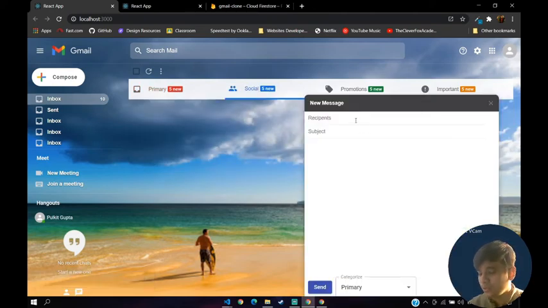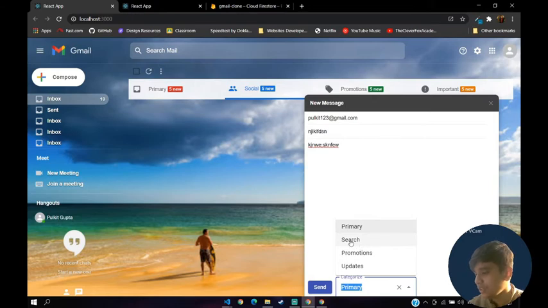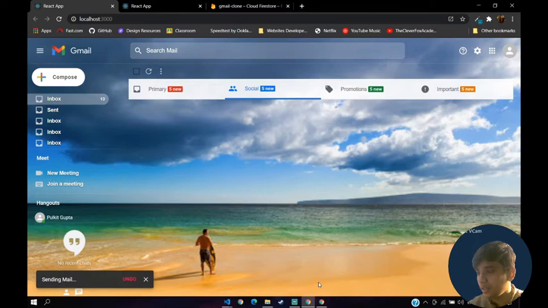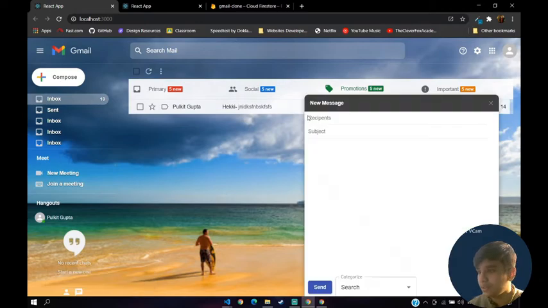So let's now do the same thing with our social. Let's send some mail to social. Okay, it has not to be search here. I mistakenly wrote search, it should be social there. And yes, I'll send a mail there. Okay, so we don't get any mails inside of social. Let's check with primary. There must be some spelling issues, no problem.